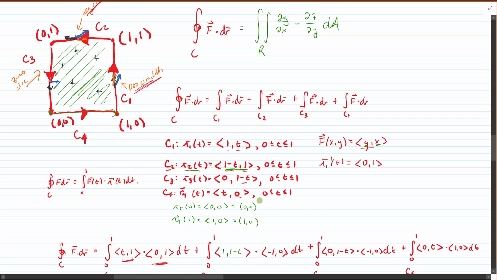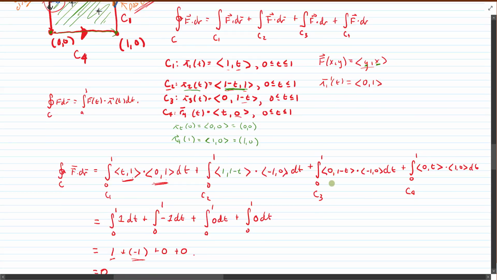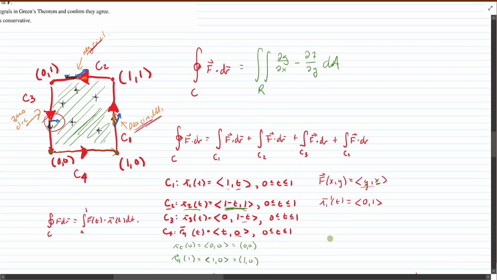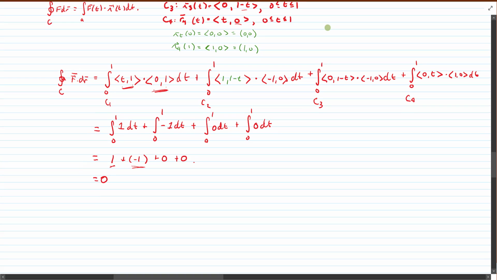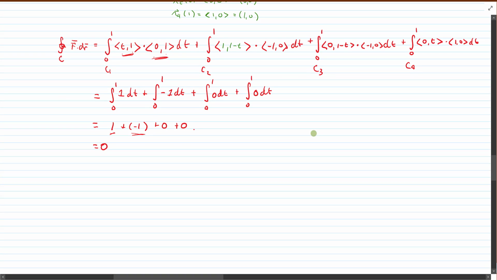Curves 3 and 4 had zero circulation, and we saw that when we looked at the dot product of the unit tangent vector shown there in black with the vector field function shown there in blue. They're perpendicular, so their dot product is 0. That's true all along curve C3, and it was similarly true all along C4. So in this case, we got 0 circulation